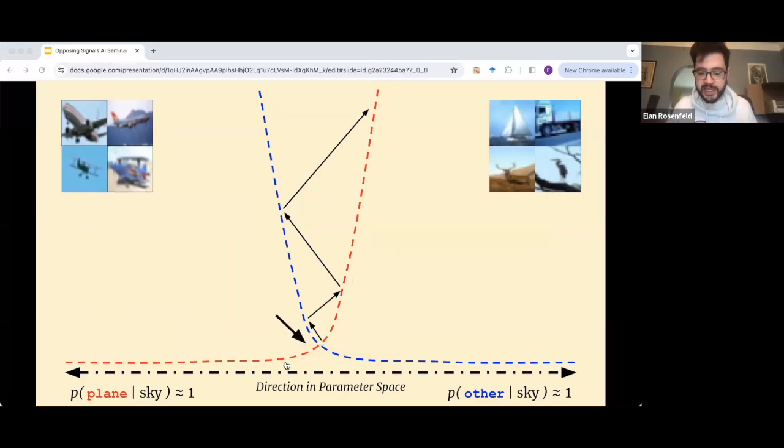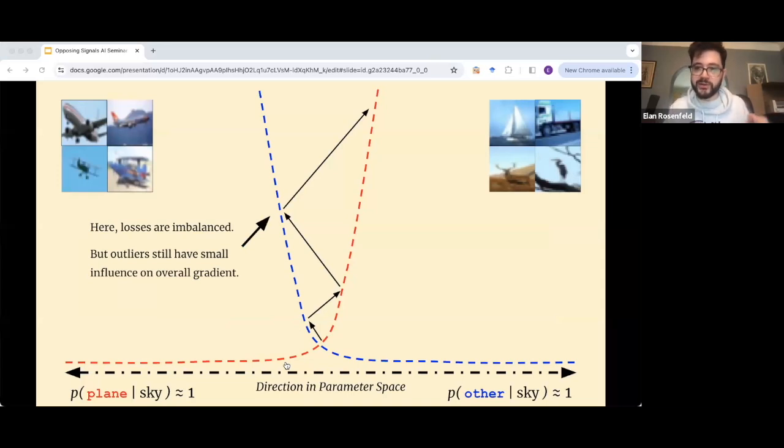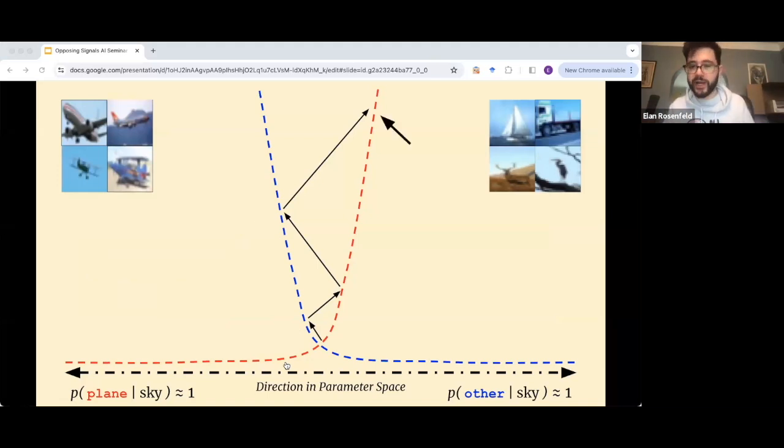And the answer is, when you're in the center, the losses are balanced, the gradients are balanced, and so you can continue through the valley. As you start to diverge, the losses become imbalanced, but the gradients are maybe still not large enough to really massively affect the overall gradient. We're taking a gradient step on the full training set, and maybe here the gradient isn't quite large enough. At some point, the gradient on these outliers starts to basically dominate the whole gradient.